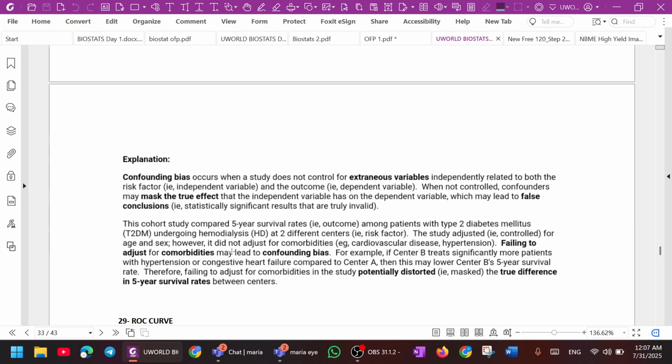This cohort study compared 5-year survival rate outcomes among patients with type 2 diabetes mellitus undergoing hemodialysis at two different centers. The study adjusted to control for age and sex, however, it does not adjust